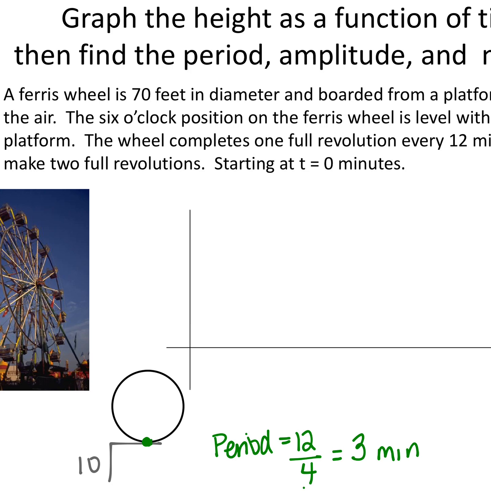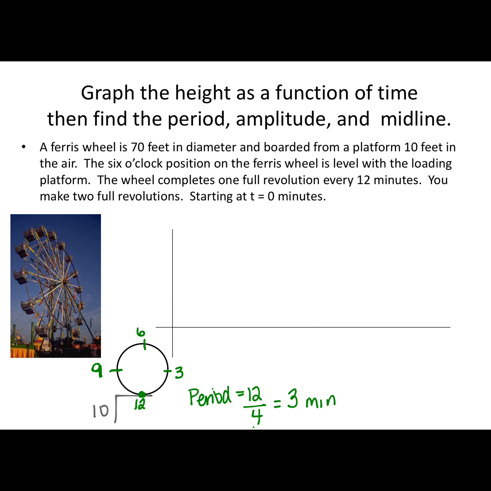So when we get halfway up, it's going to be 3 minutes. We get all the way to the top, add another 3 minutes. That's going to be 6. Halfway back around is going to be 9. And then to make a complete circle, we're back at 12. Okay, does everybody see that? The only thing that is different here is that it says